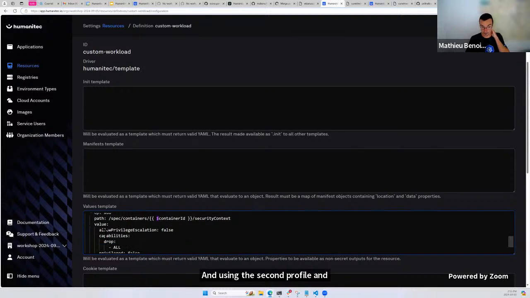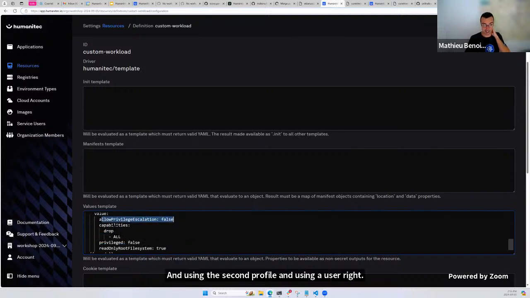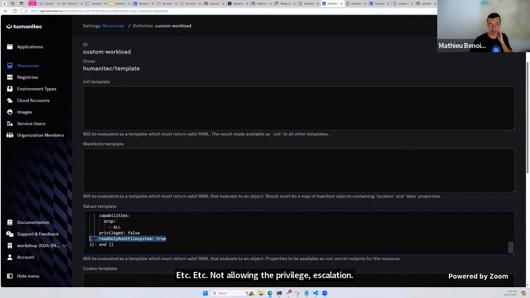Etc., etc. Not allowing the privilege escalation, dropping all the capabilities, read-only root file system. All of that is not the developer providing me. It's me sitting down as a platform engineer with my security team and Kubernetes expert. Here is a rule we want for everyone, shifting down to the platform, right? So that's a good illustration how you could inject in any resource definition more security, again, down to the platform,